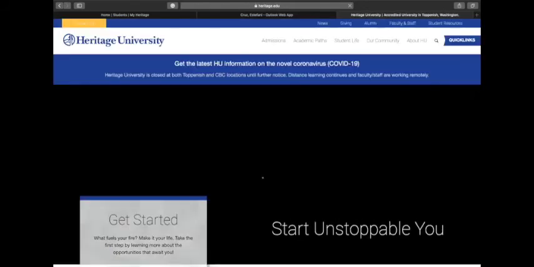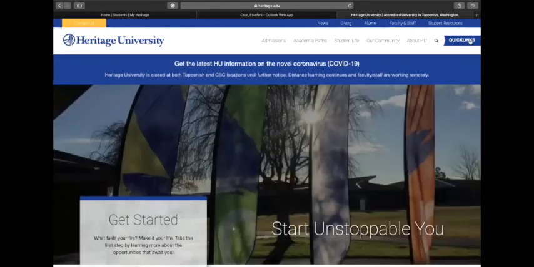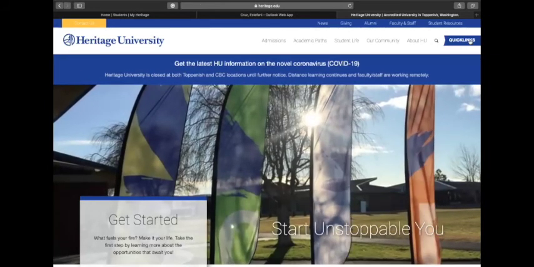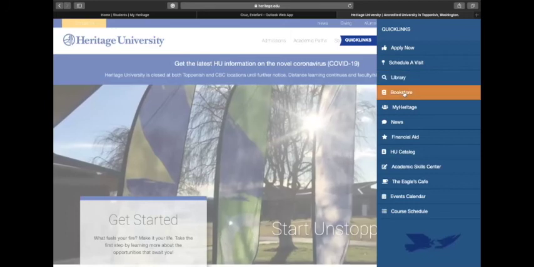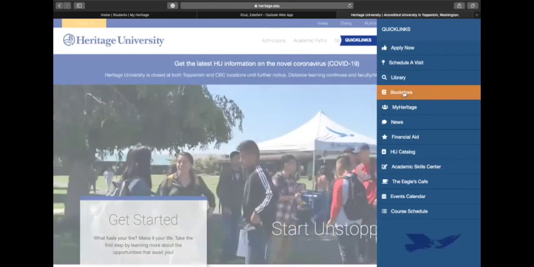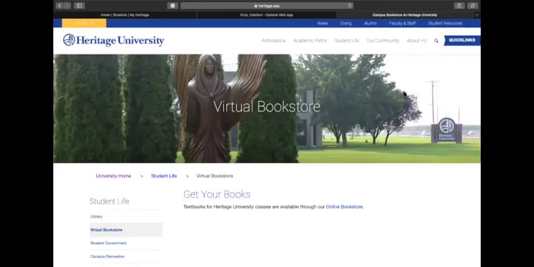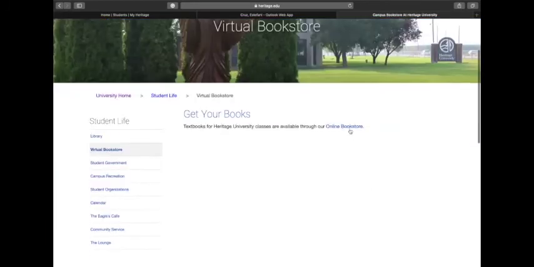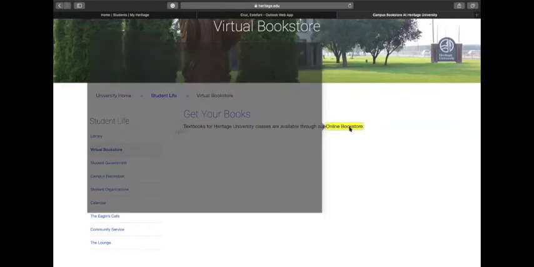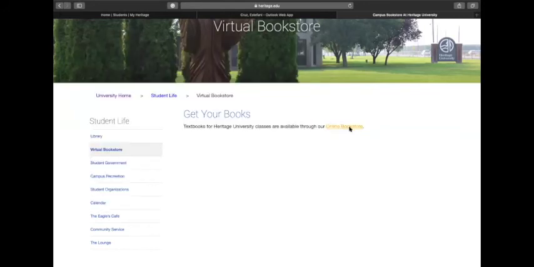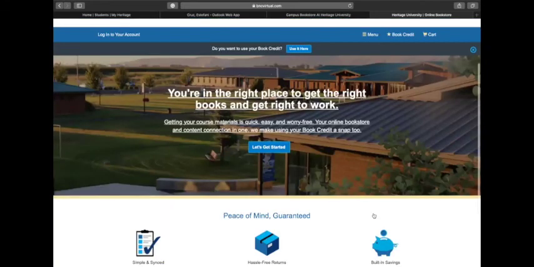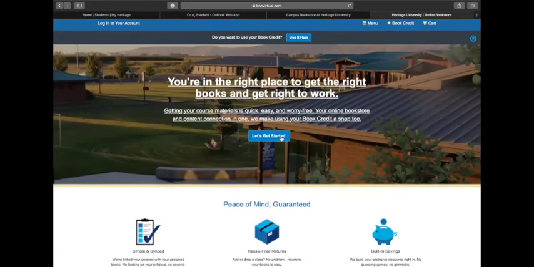Okay. So let's look at how to order books. If you go back to quick links on the right-hand side from the main Heritage page, there's a link that says bookstore, and you would click on that, and that'll take you to the Heritage online bookstore. We don't have an actual bookstore in person, so to access the books that you'll be needing for the fall will be on this page. You'll just have to follow the steps. If you click let's get started,